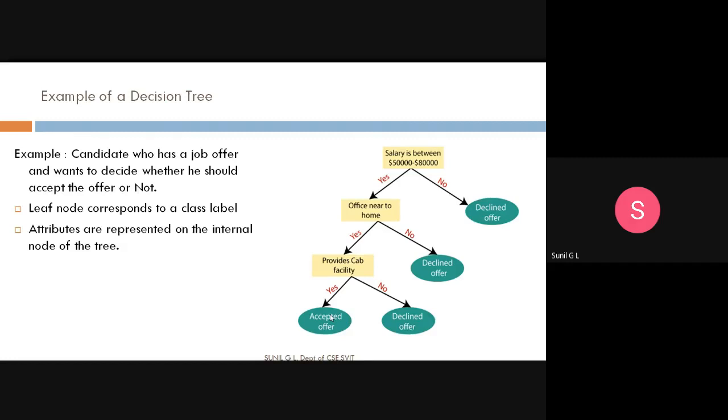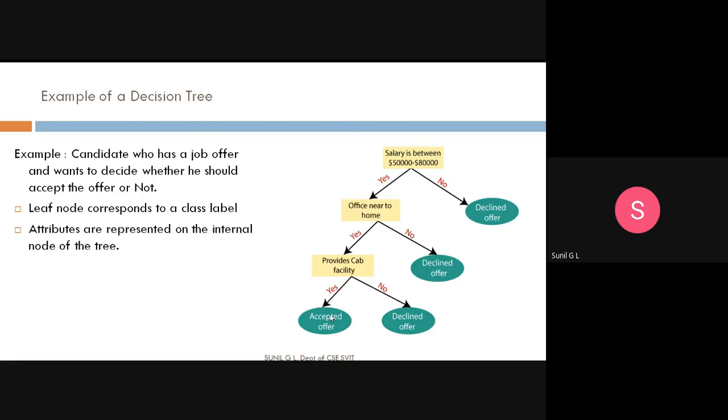So based on different criteria, you are accepting the offer. If one of the criteria is not matching, you are declining the offer. First, whether the salary is between 50,000 and 80,000 dollars. If it is, you are not accepting yet, you check some more conditions; if it is not, you decline the offer. Then whether the office is near to your home.